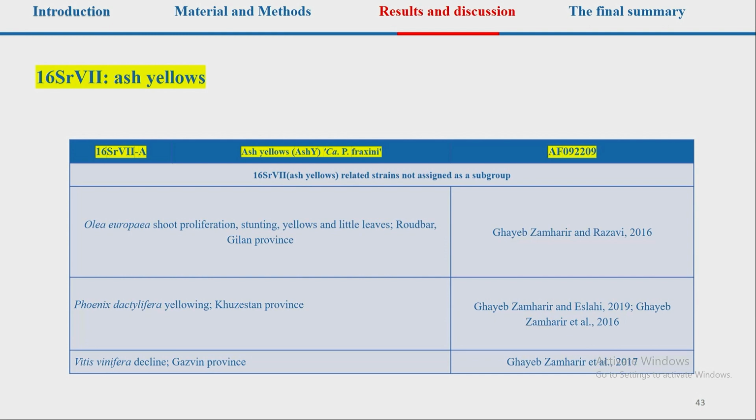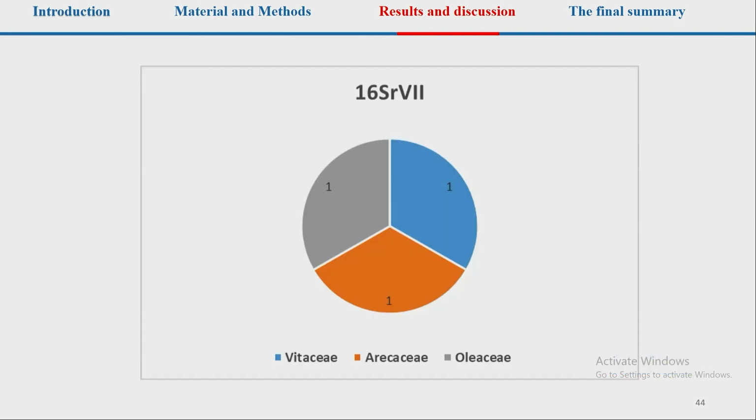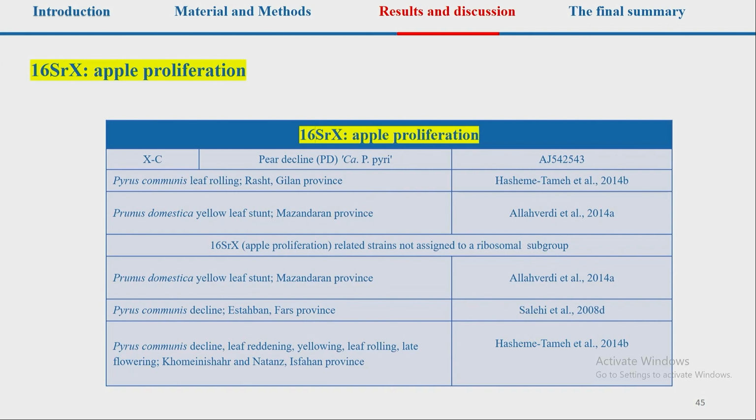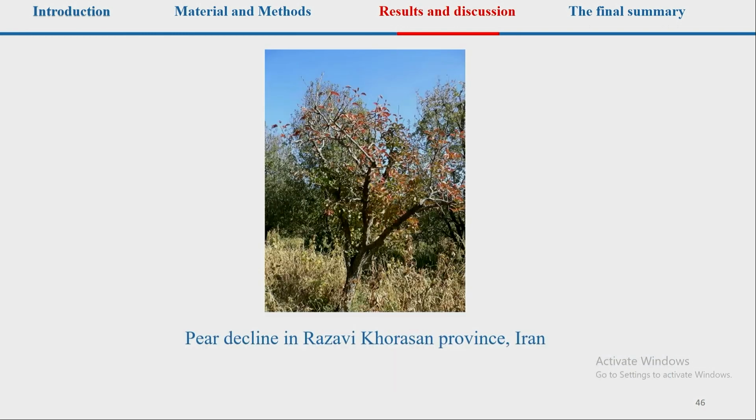only one family, ash yellows with 3 plant host species, apple proliferation with Pyrus domestica, and some strains not assigned to a ribosomal subgroup, pear decline in northeast of Iran,